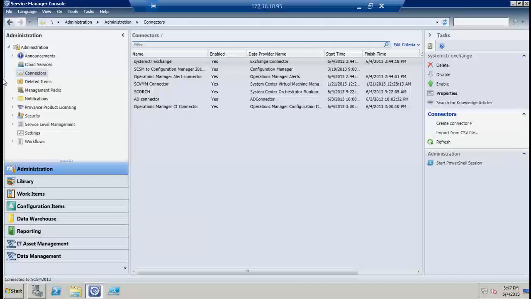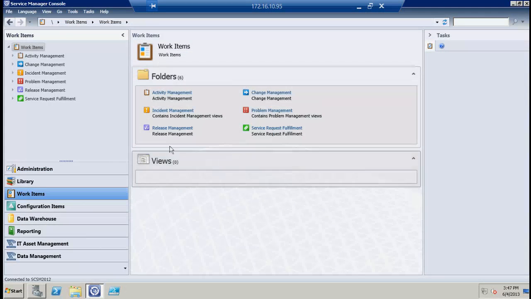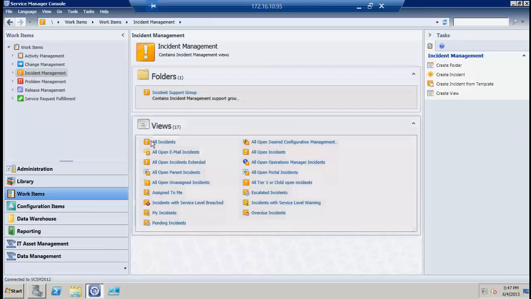There we go. Inside the Service Manager system, we connect to read from the management server on the Operations Manager side and pull that information in, right? So it's receiving that information, and it can pass information the other way as well. So if I look in my work items, I can see that I get an incident created based on an alert that comes through. So if I go to the All Incidents view over here,